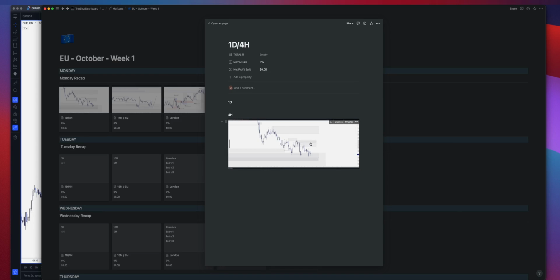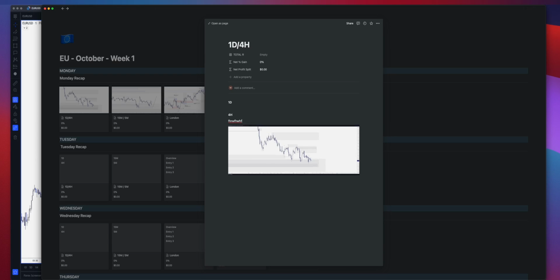I haven't annotated this, but make sure you annotate it as well, and at least type up your few key points here. It only needs to be literally 1 or 2 or 3 little key points. It doesn't need to be an essay. Obviously at the start, if essays help you really explain the story, absolutely fine, but long term